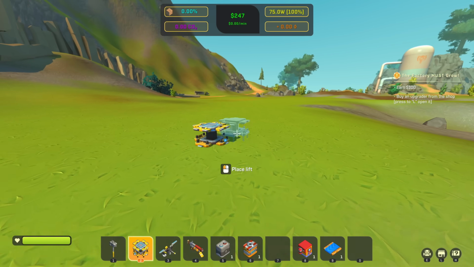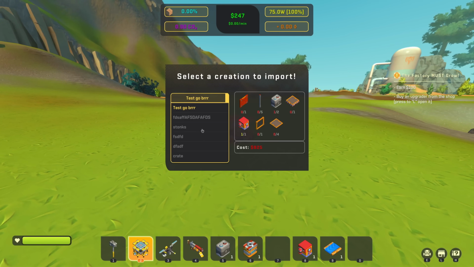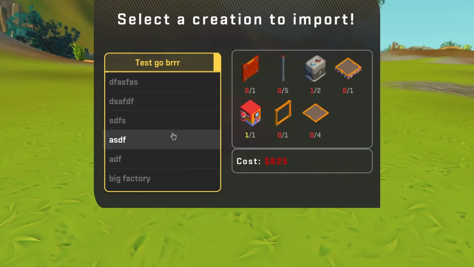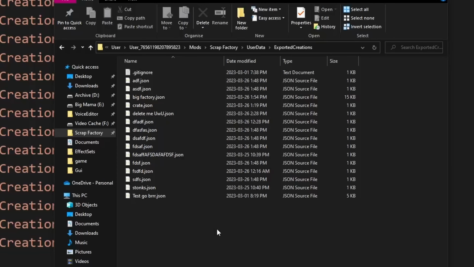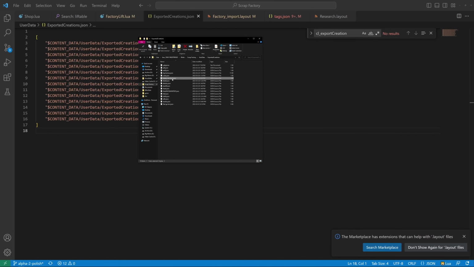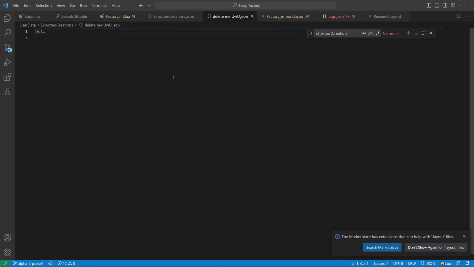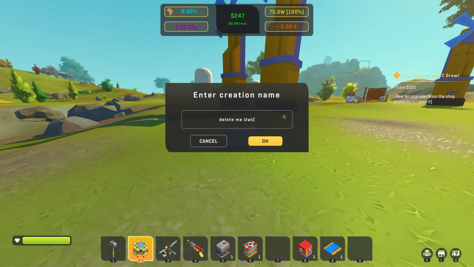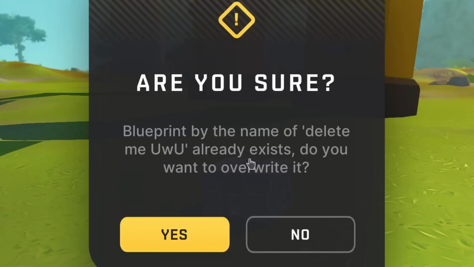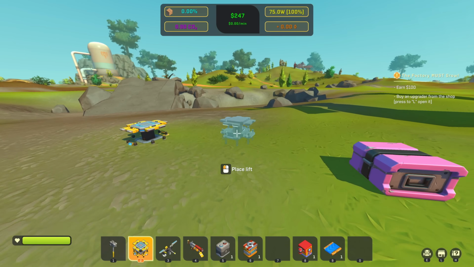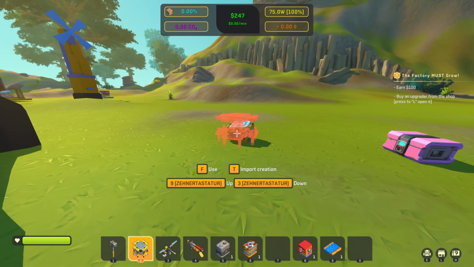So I don't see an error in the console. I go in the list and it doesn't show up anymore. However, since we can't actually delete JSON files, the file still exists, and if I open it, it literally says null. That means if I want to export a new creation with the same name, it tells me it already exists. I've just made the delete system work in the lift, which is pretty epic.